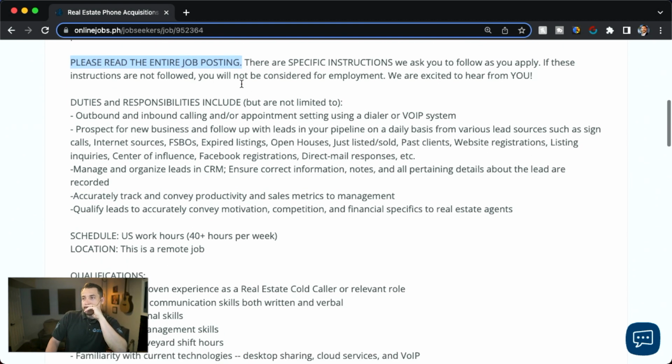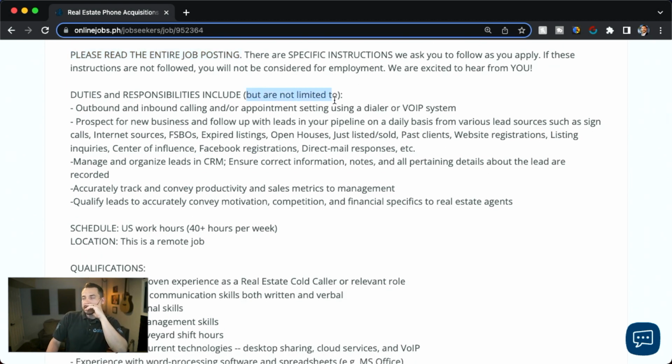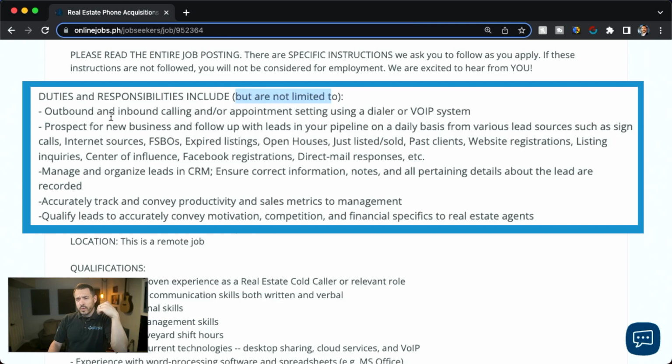So the duties and responsibilities, I always like the "but are not limited to," because when we're on the interview with them, I'm going to look into what are the other things that they like doing, things that they're good at doing, and their past experiences. How might they be able to fit in the company long term if maybe they're just good at cold calling, but they don't really like to do it, and they're fine doing it, but they really have a desire to do something else.